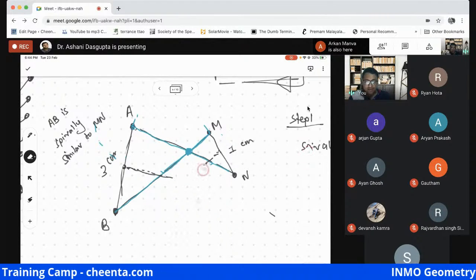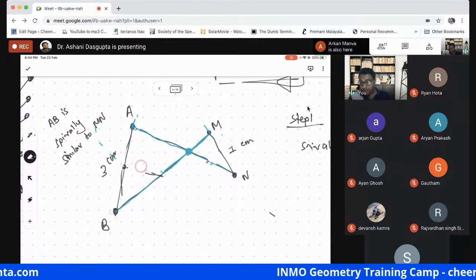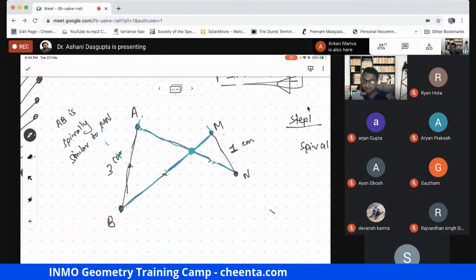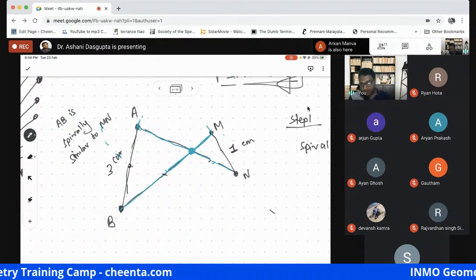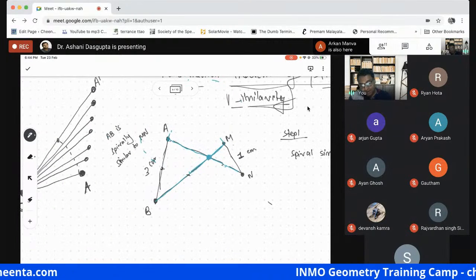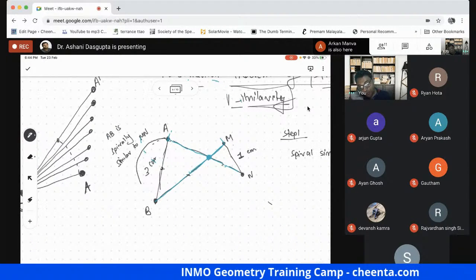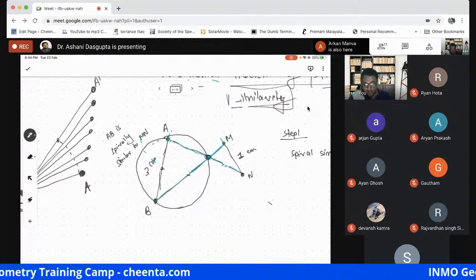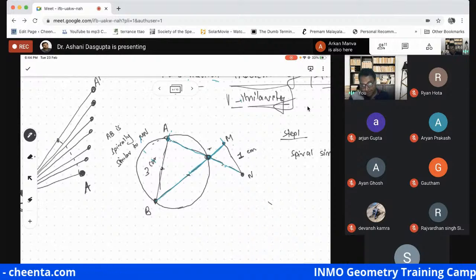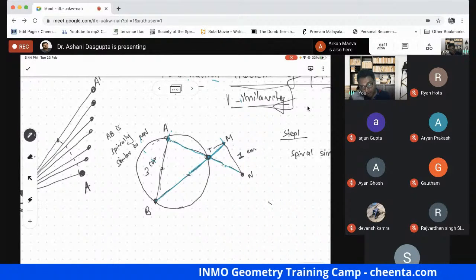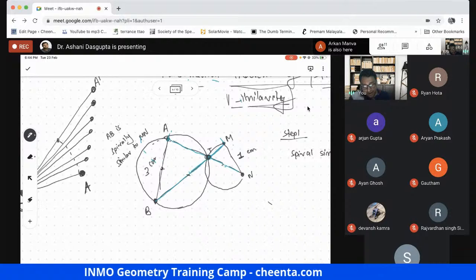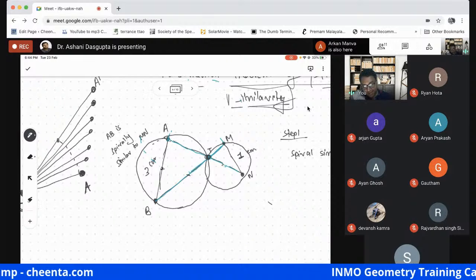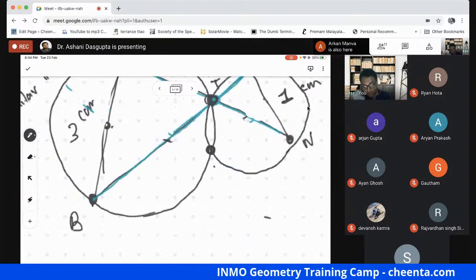So I'll just do one thing, since we are not in a geometric transformation class, this is just a review session. I don't have more time to let you think. It's a sad thing because I should be giving you more time to think about it, and I'm sure you would get it yourself. I'll give you the candidate of the point, and you're going to prove that it indeed works. So what you do is you draw a circle through, let's say this point is T, the intersection point of the two triangles ATB and MTN, and then you look at this point O, the other point